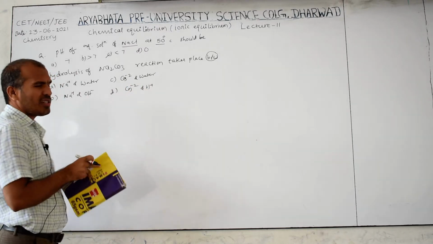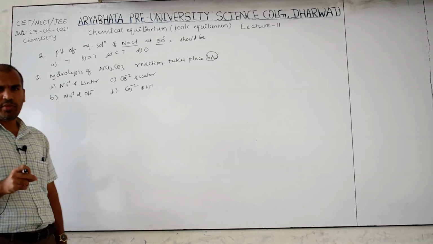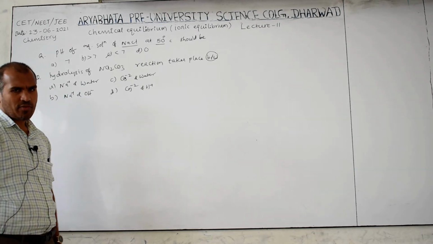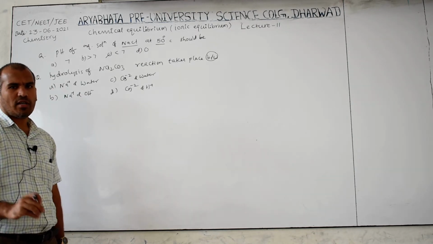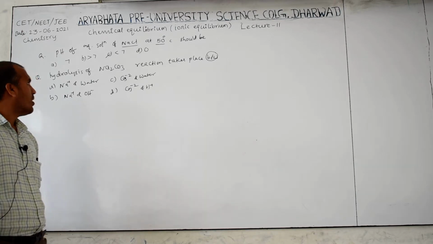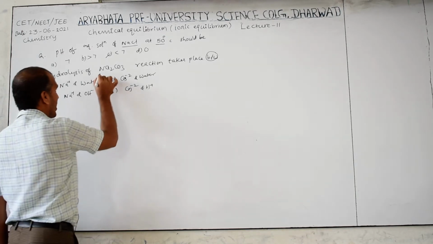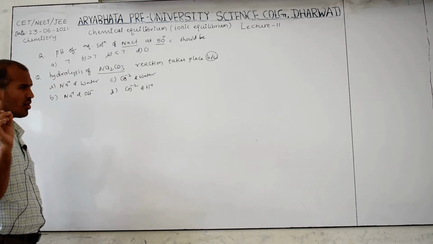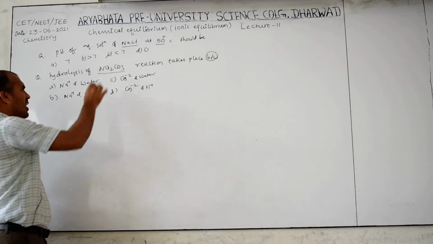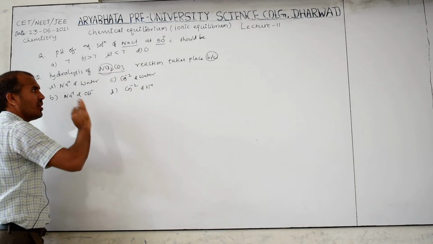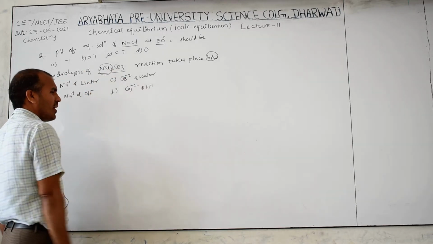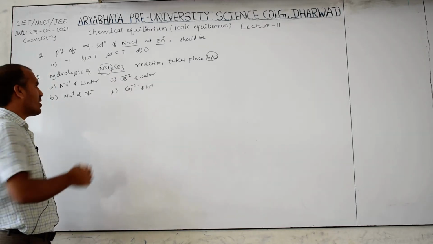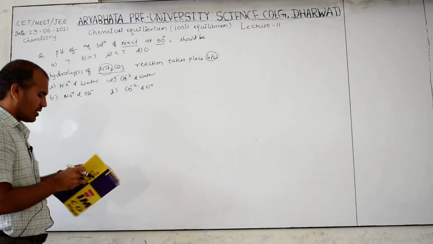Already I told you that salt hydrolysis means that cation or anion or both react with the water to produce an acidic, basic or neutral solution. Strong base ion or strong acid ion do not hydrolyze. This Na plus comes from a strong base, therefore it does not hydrolyze. Therefore, which is hydrolyzed? Carbonate ion. Hydrolysis means the anion reacts with the water. Therefore, option C is correct.